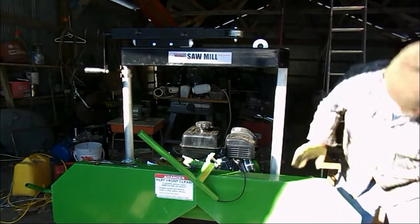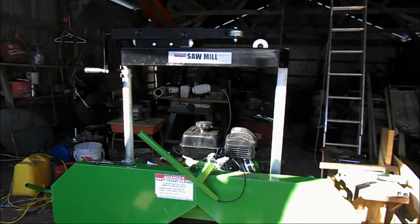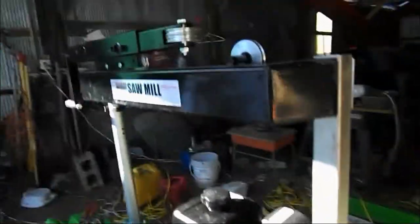I'll bring the camera over here so you can see what I'm doing. So what I did is I put this plate, 2 bolts, and they just thread into there. And this one over here just clamps on. I imagine I should level this